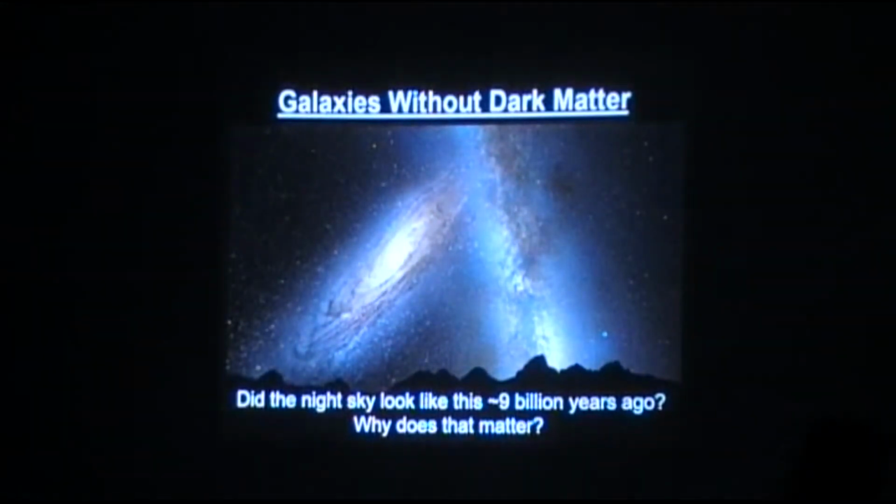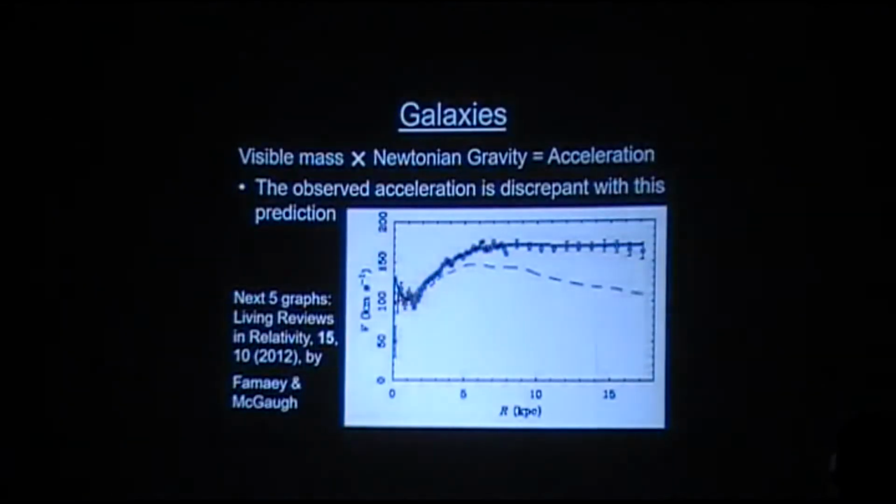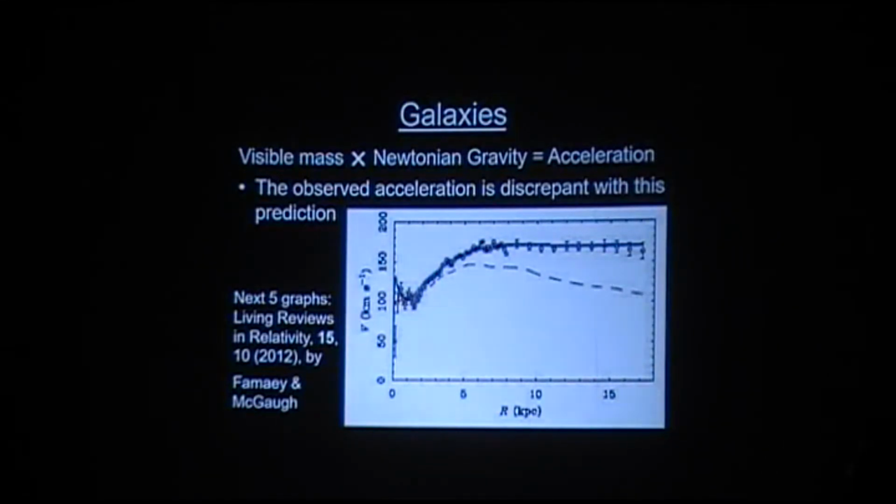So I'm going to be talking about trying to understand galaxies without dark matter. So hopefully the meaning of the cover slide for my talk will become clearer as we progress tonight. First of all, when we observe galaxies, you should be able to predict how quickly they rotate as a function of distance using Newtonian gravity, the inverse square law, which works very well in the solar system. The problem is that the observations show a major discrepancy with the theoretical calculation.